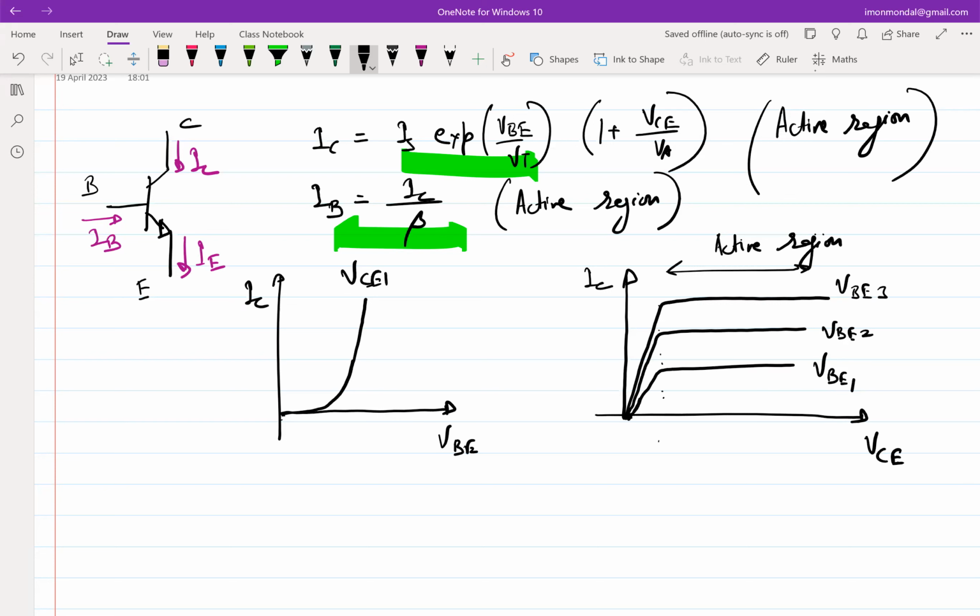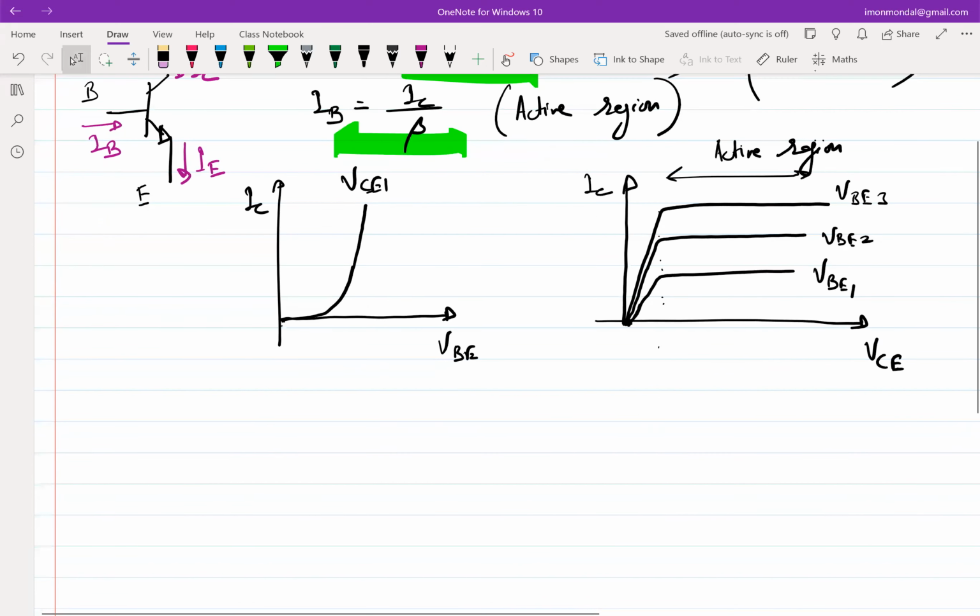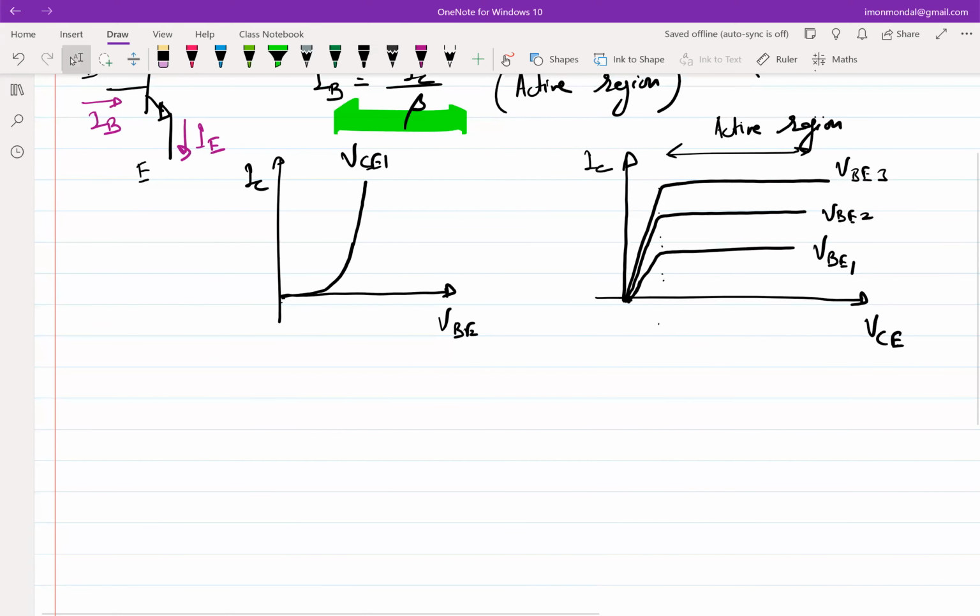Some other important details that are different are the fact that in case of a MOSFET, the edge of the saturation region, the good region, was dependent on the value of the difference between the drain and the gate voltage. In case of a BJT, it's not. One of the reasons it's not, the intuition behind that is